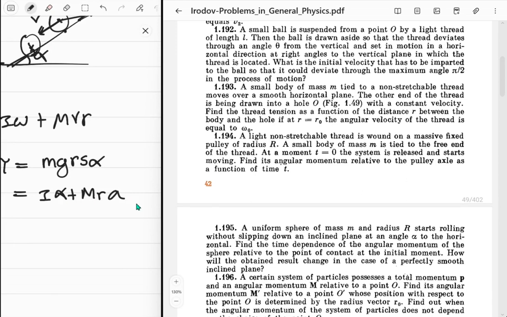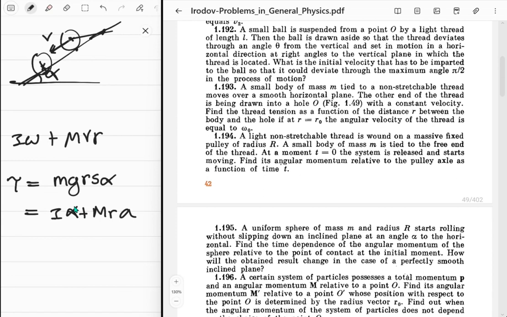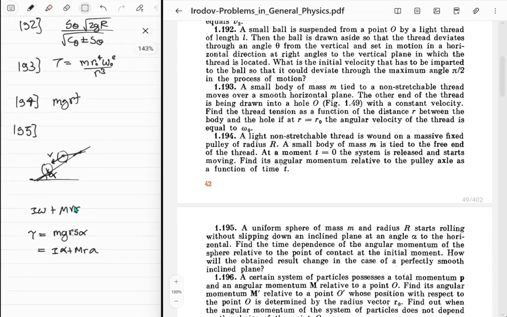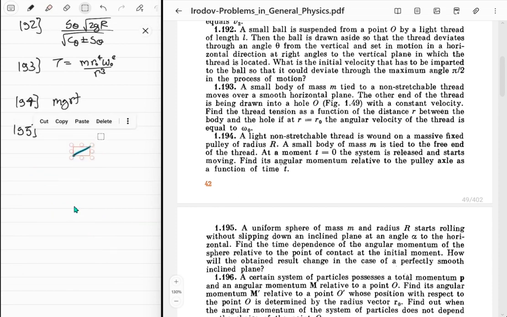So you can figure out what the acceleration is right from this equation. It's not that hard to do. Just mgr sine theta upon the inertia about the contact point. No big deal. This equation is not so different than what we usually do. I thought it would give us something really nice, but it just gives us a normal result. So there we go, mgr sine alpha is our torque, and that times time is our